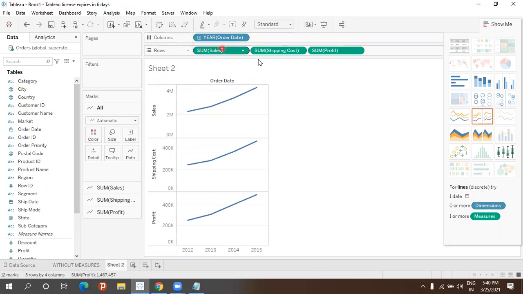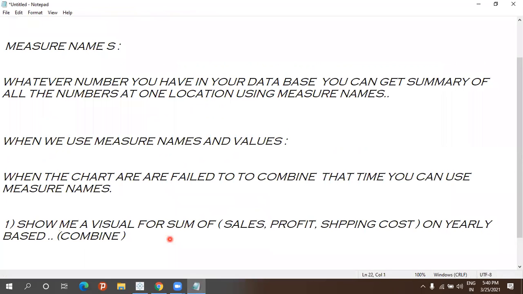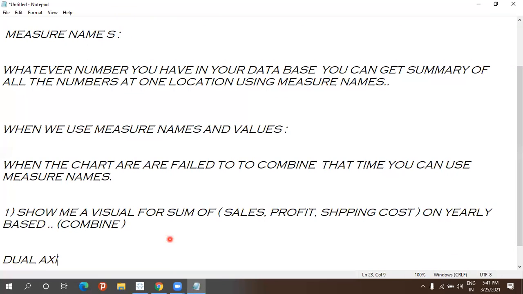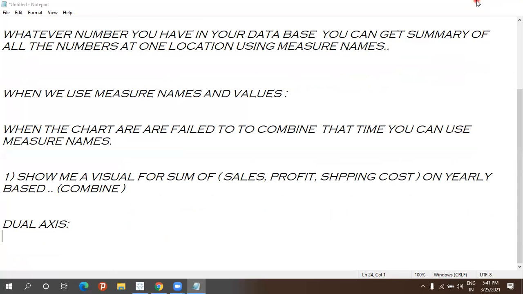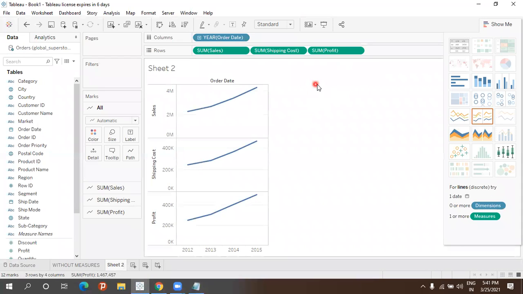What I will do here is there is an option called dual axis. See here, first I'm having sum of sales, next sum of shipping cost, and then sum of profit.